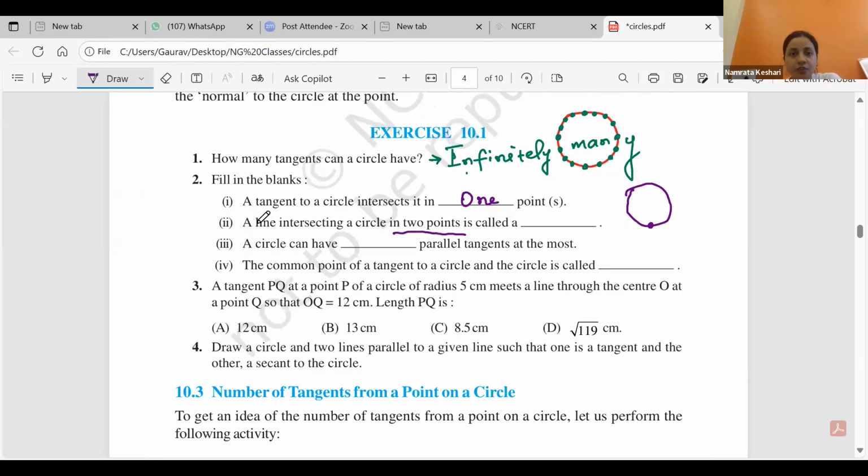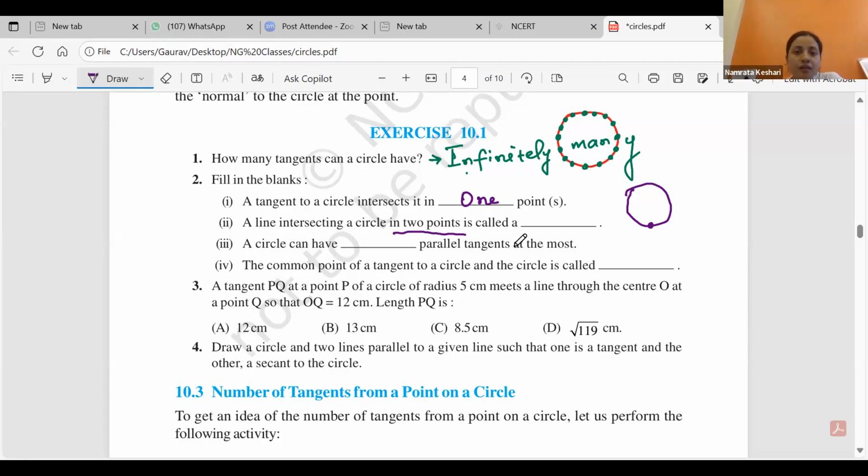No, ma'am. A line intersecting the circle in 2 points is called? Could you please repeat? The second one, a line intersecting a circle in 2 points is called a,